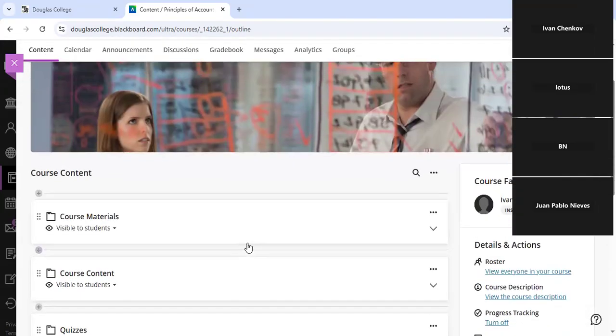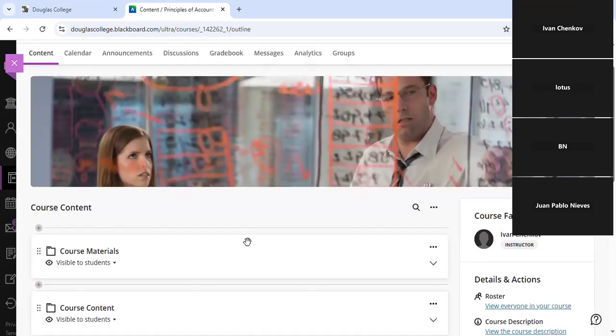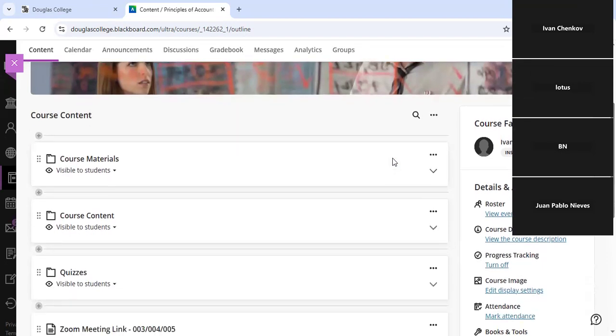So once you go to this page, what you're going to see is Anna Kendrick and Ben Affleck from the movie The Accountant, the first part. Now there's a second part. From the first part, when he's doing the analysis on the window, if you watch the movie. So now, after that, you're going to see this.